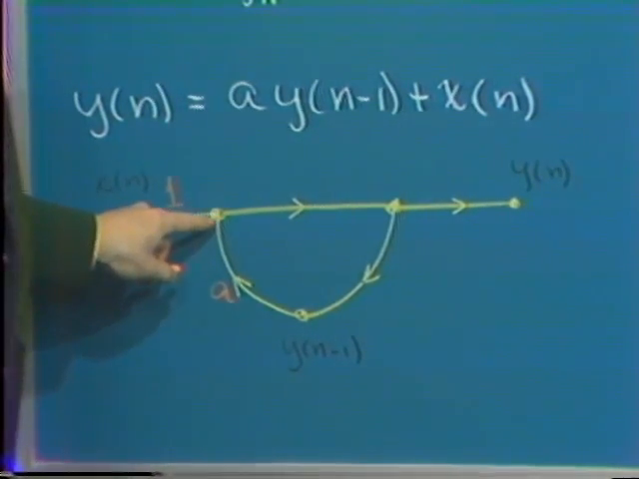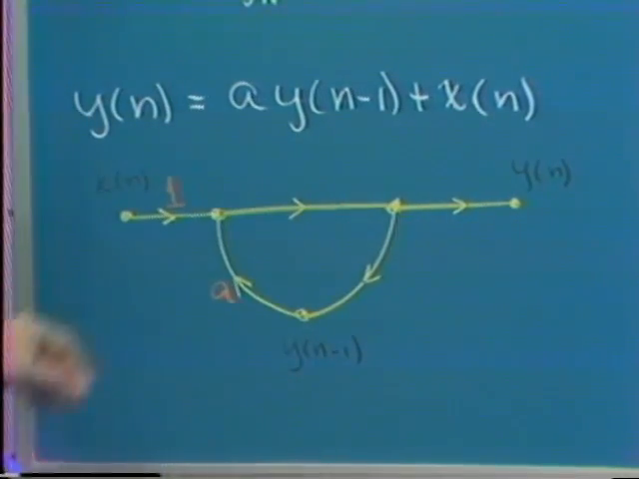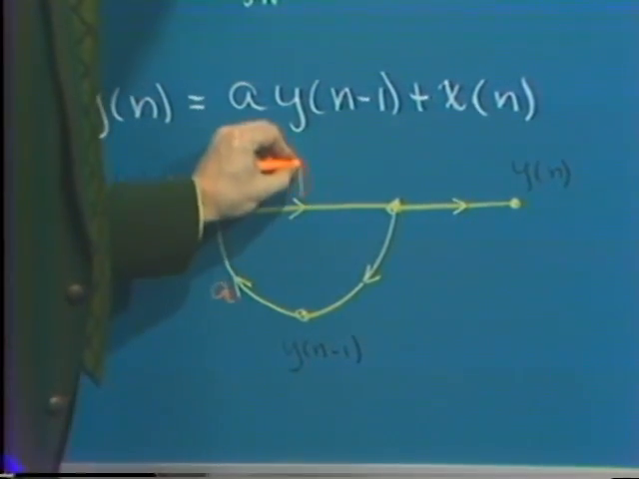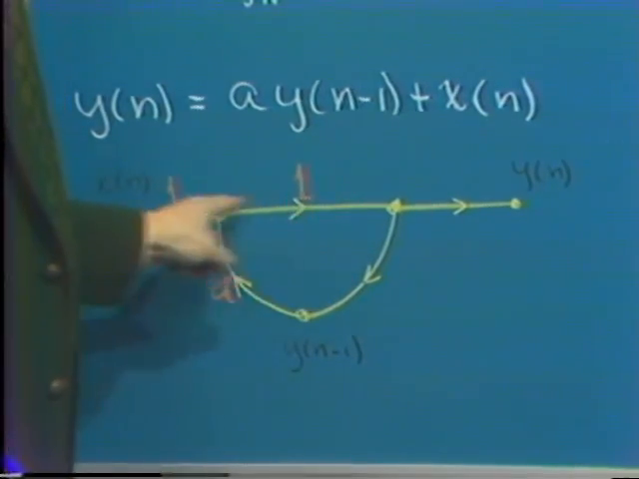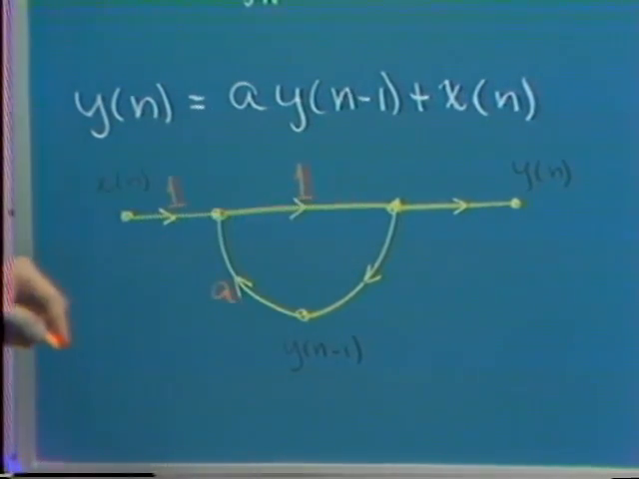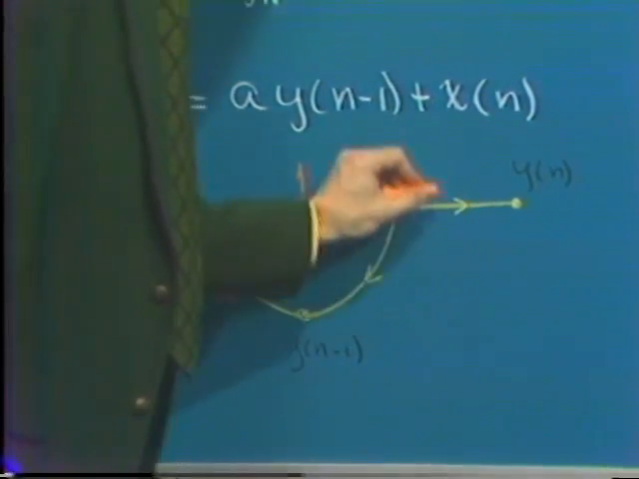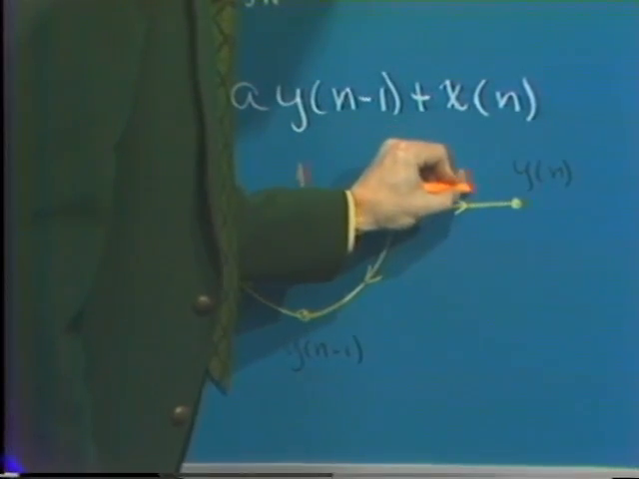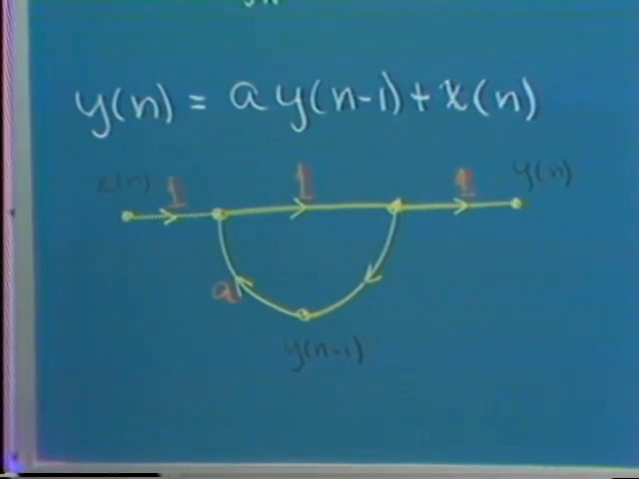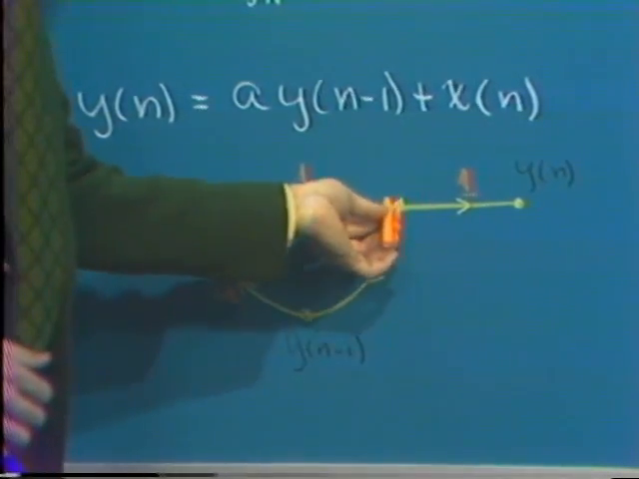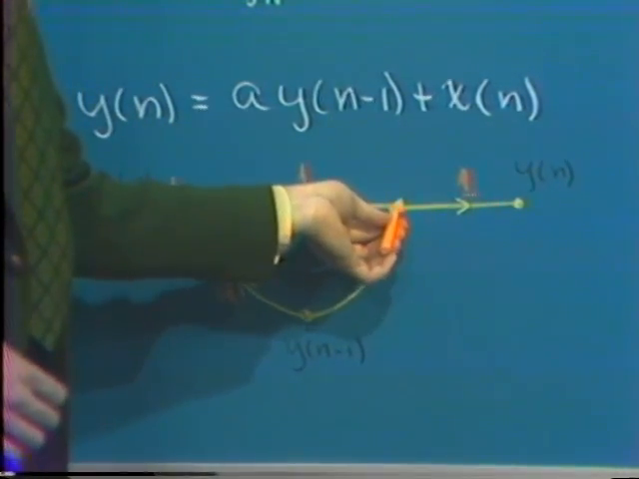Well, now we simply have to get from here all the way out to there. I've drawn the network somewhat inefficiently. I can get from this node to this node simply with a unity gain. From this node to the output node, again with a unity gain. And now the only question is, of course, if this is y of n, then this node has value y